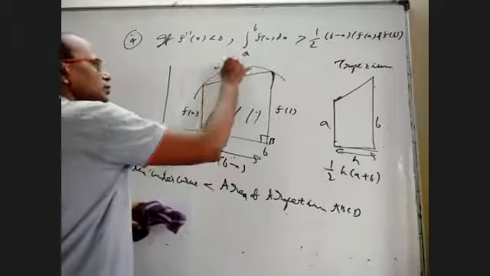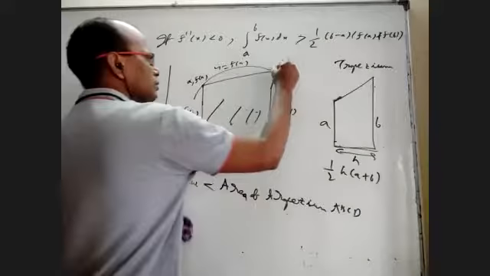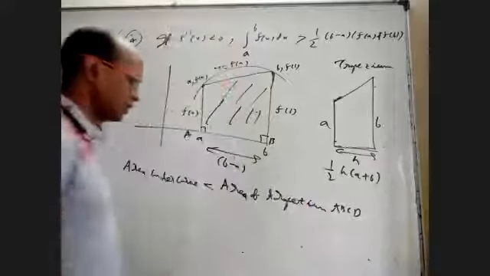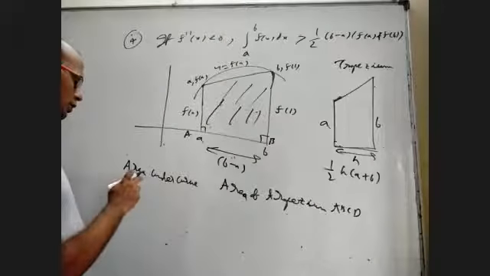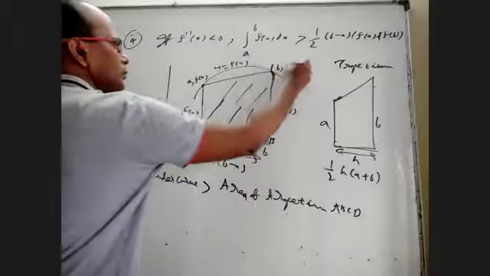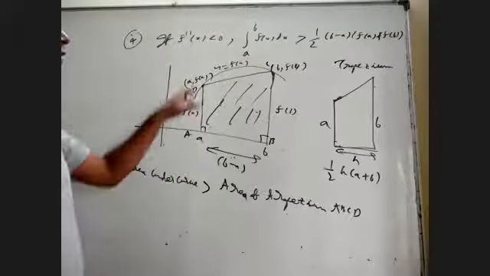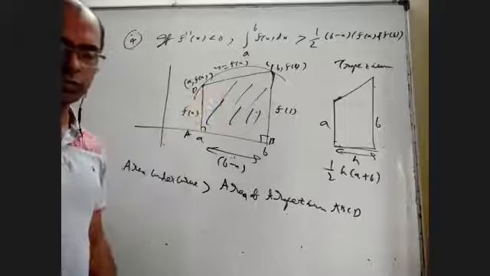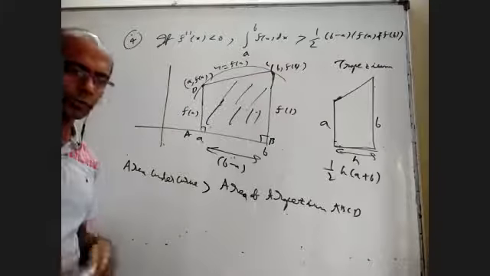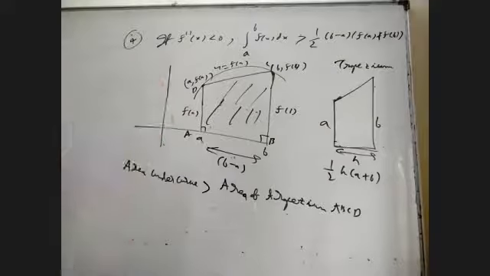This is y equal to f of x. This is a comma f of a. This is b comma f of b. So the formula is the same. Only thing is that the area under the curve is greater than the area of the trapezium in this case. Almost same as the previous one. Only thing is whether the curve is below or above, and that comes from the second derivative. I told you whether it is concave upward or concave downward, we can know from the second derivative. This is the fourth point.